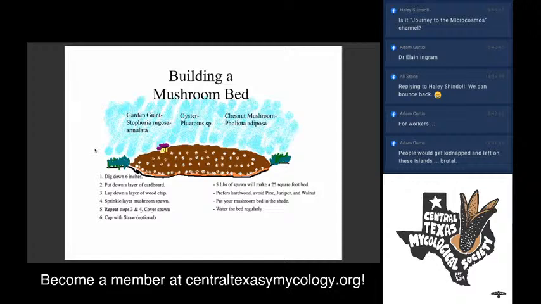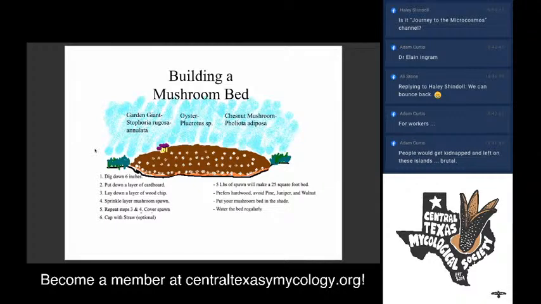It's very, very simple. The first thing you're going to want to do is get yourself some mycelium, some mushroom spawn. You can purchase a 5-pound block from a great mushroom purveyor, like